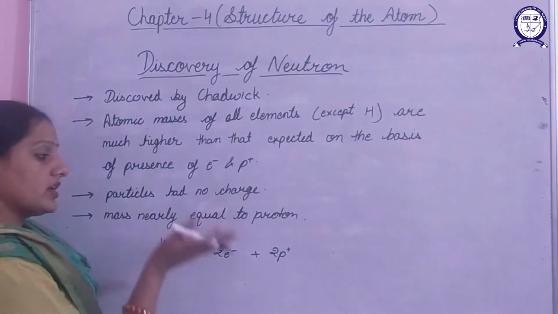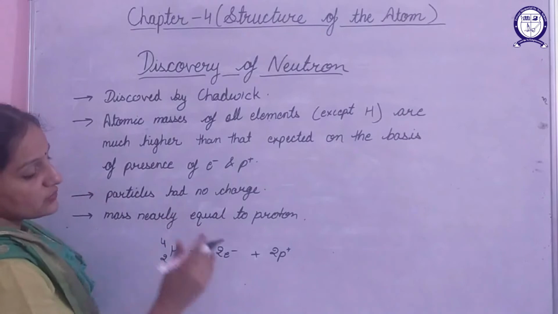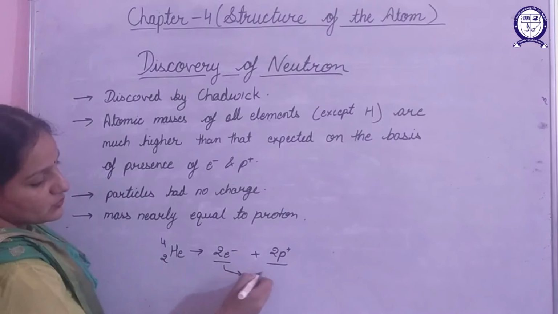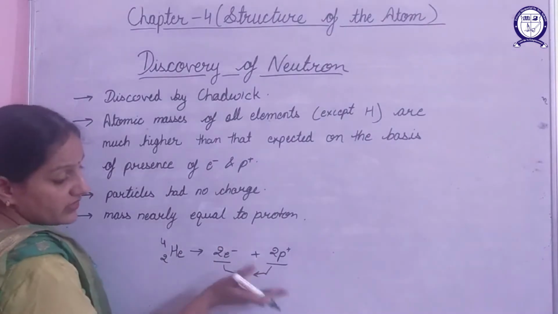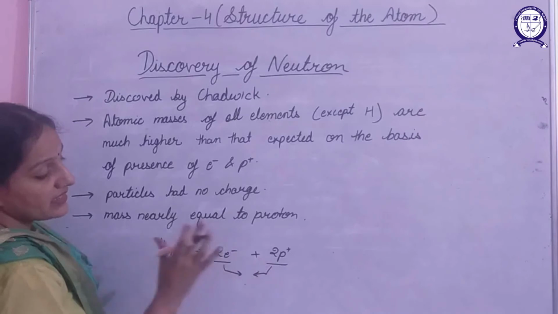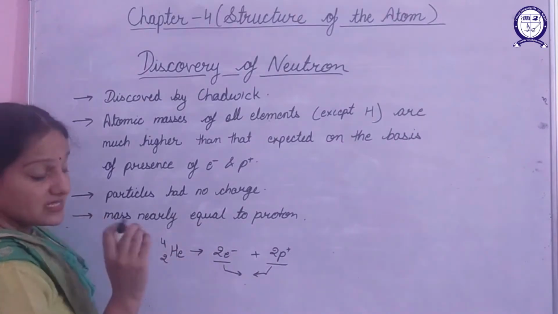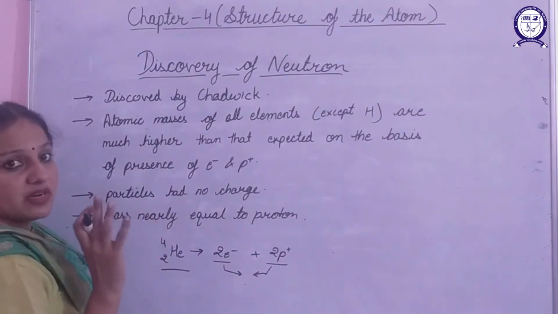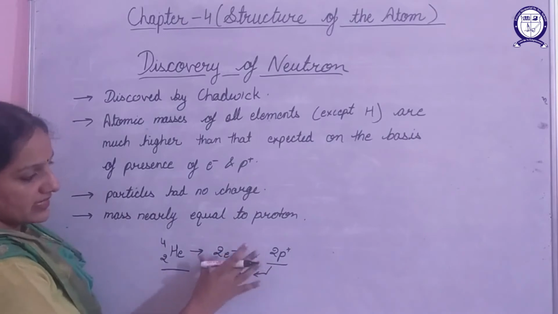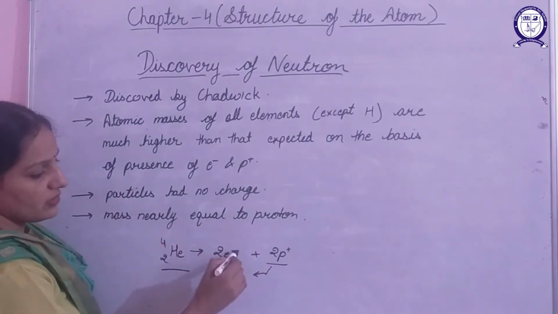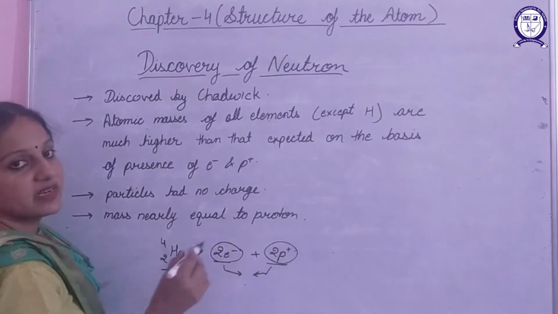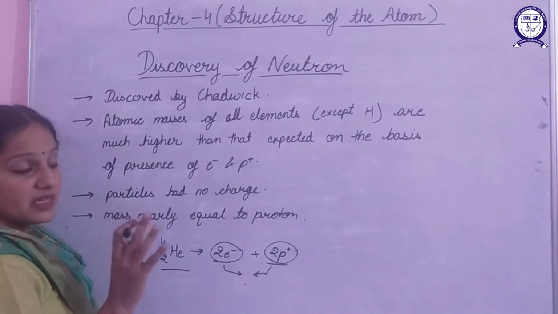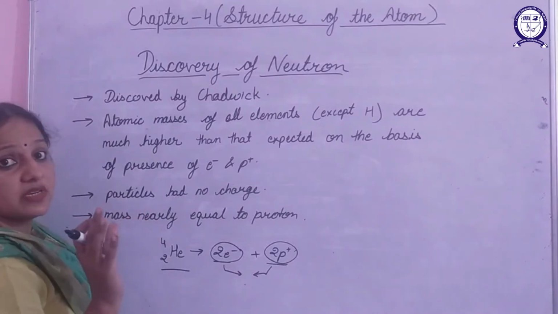Before the neutron, scientists believed that only these particles are present inside an atom. When their masses were added, the result was found to be much lesser than the exact mass of the helium atom. The atom is electrically stable, since the positive and negative charges on it were equal. But they thought that something inside the atom has mass but is neutral in nature.